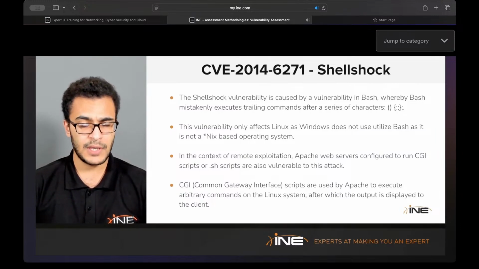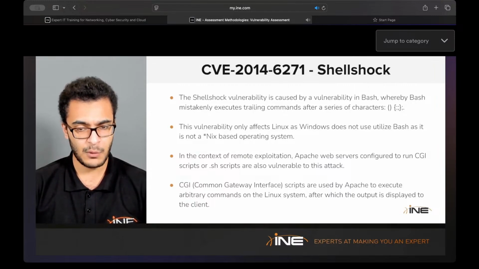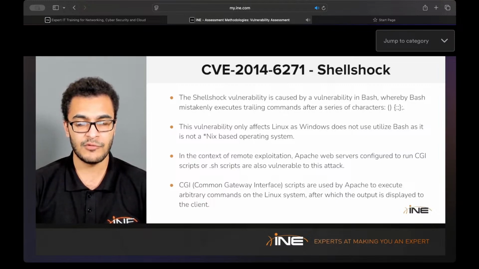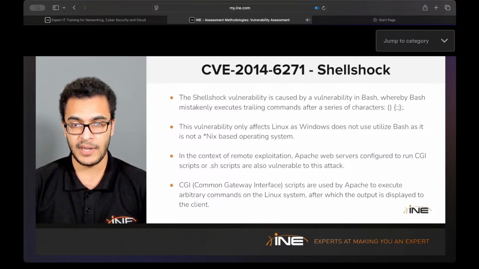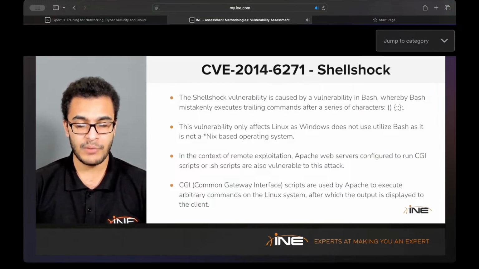So if you're running an Apache web server and you're hosting a web application, regardless of whether it's PHP or HTML or anything like that, you can create or develop CGI scripts to essentially obtain information from the system. So for example, if I wanted to get the current time on the Linux server, I could use a CGI script to execute the time command and then display the output on the actual web page. So again, many websites actually utilize this functionality to varying degrees,